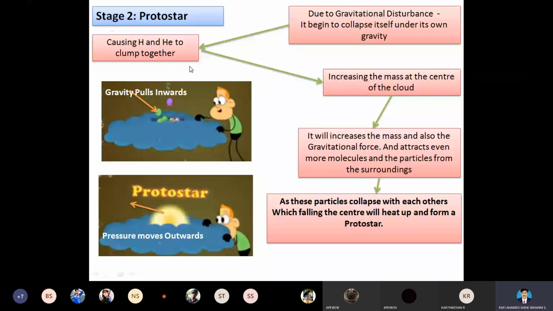The second stage is the protostar. As we know, the protostar is nothing but a hottest medium. This hottest medium takes place due to the gravitational disturbance. The gravitational disturbance is nothing but the collapse that takes place between the molecular cloud and the dust particles. So what actually happens due to the gravitational disturbance